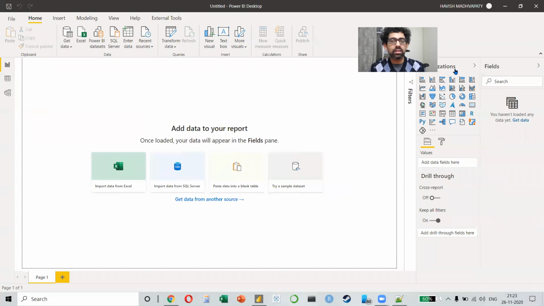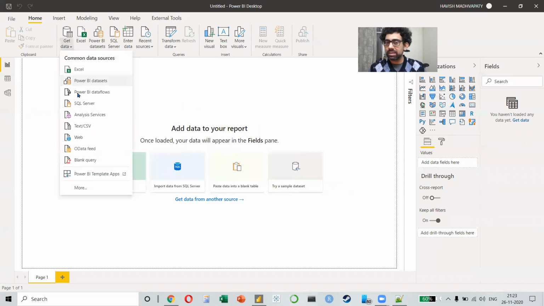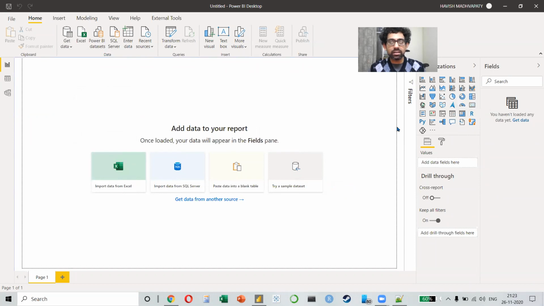Okay. So this is how the software looks, everyone. We have on the right side some visualizations here. I can connect to different types of data sets. And as you can see, we even have R and Python integration inside Power BI, which is great. If you notice, I have signed in at the top.